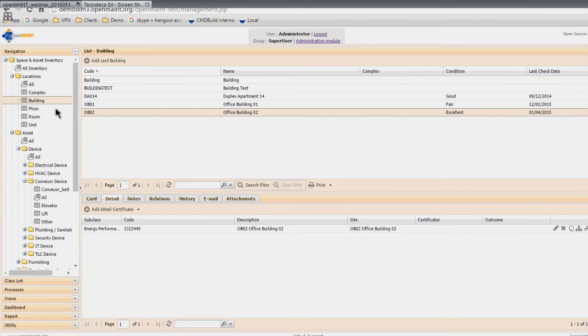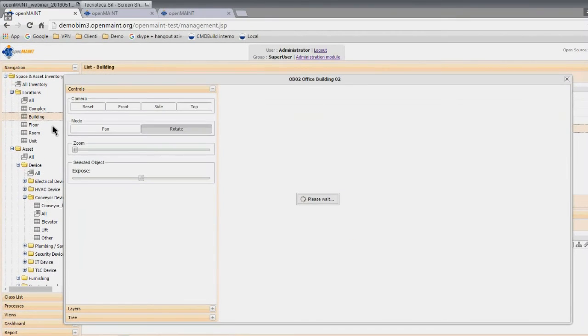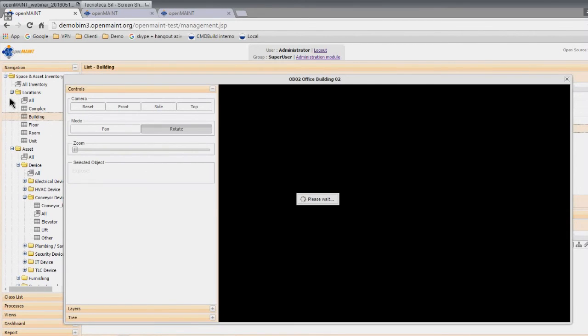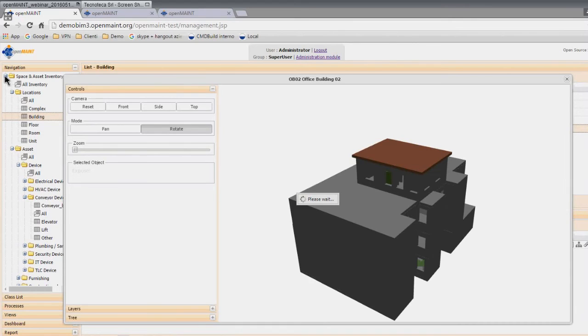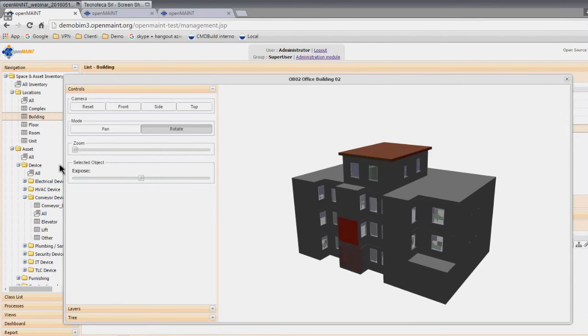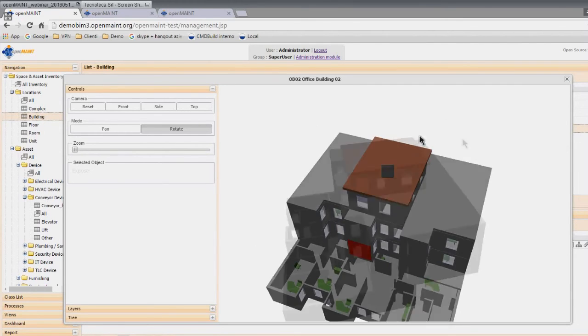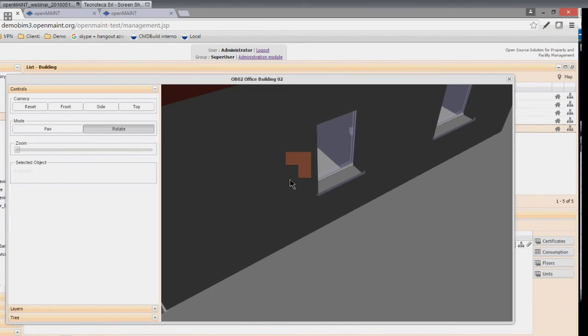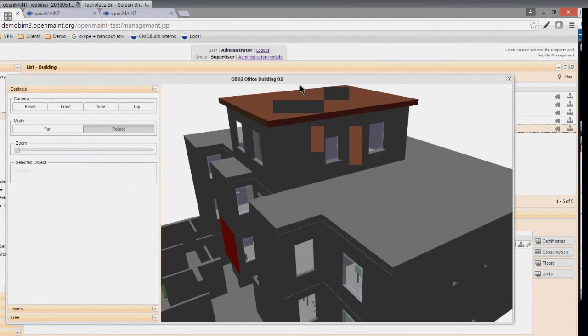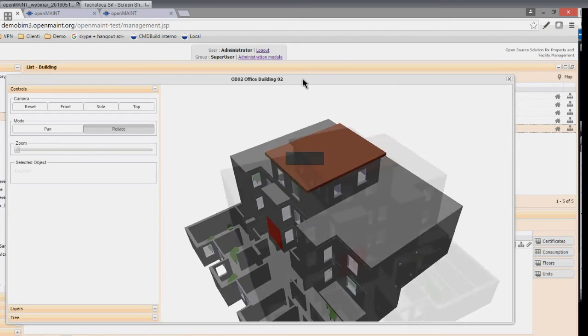This is one of the features we are most proud of. If you have any IFC file, you can just import it into openMAINT, and then you can find it in here. By clicking on the house icon here, you can view it, and then, for example, if you want to expose this floor, you can just do it by clicking here and then rotate it, and then zoom in